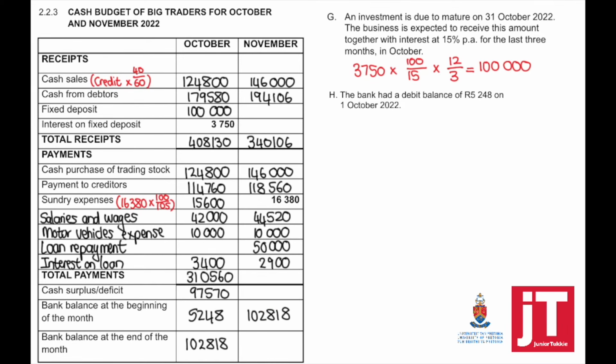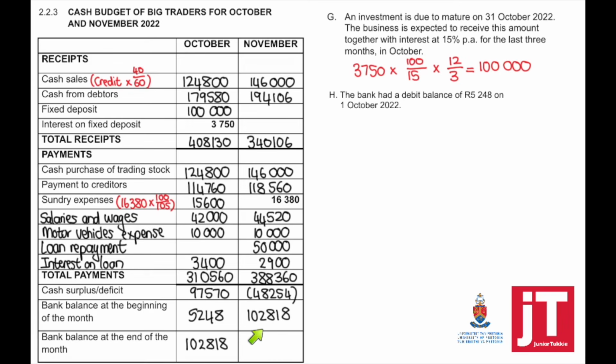Now we can calculate the total receipts, add the total payments. Receipts minus payments equals cash surplus or deficit. So what happened in November? The total receipts is less than the total payments, which means that we have a deficit, and a deficit must be shown in brackets. To find out the closing balance, we have to take minus